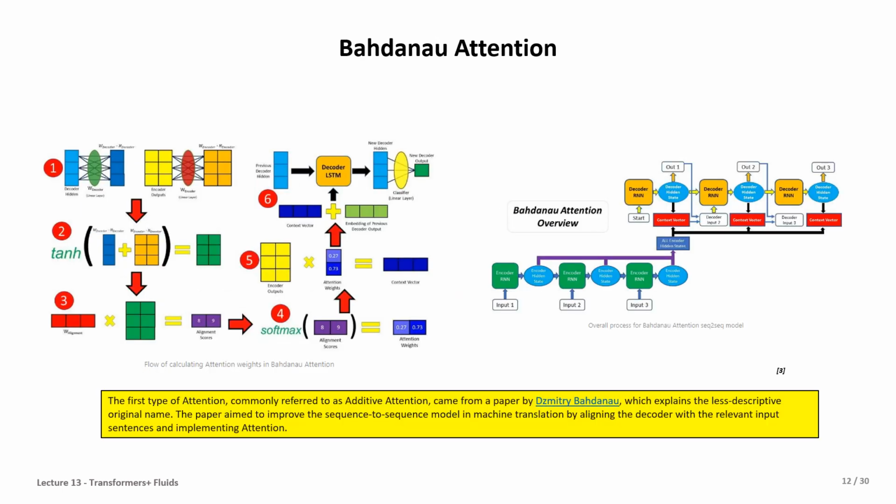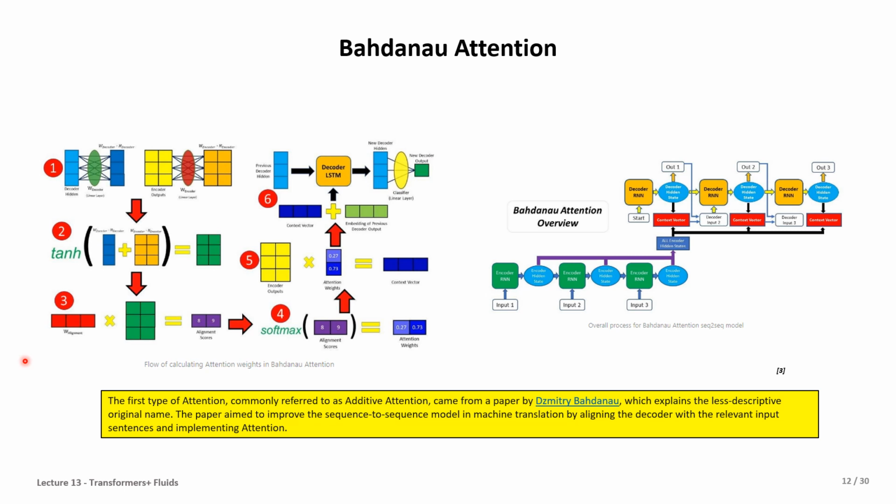The first attention mechanism is Bahdanau attention. As you can see here, it has six steps to process the data from encoder to decoder and provide the output. It's the first type of attention, commonly referred to as additive attention, which explains the less descriptive original name. The paper aimed to improve the sequence-to-sequence model in machine translation by aligning the decoder with the relevant input sentences